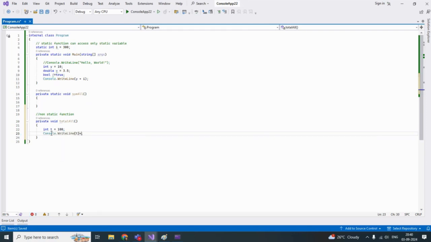No, I think we cannot use. We need to create a non-static. Not sure. No, nothing to worry. I can access this. Okay. A non-static function can access static as well as non-static variables. Okay. Now, this is suppose